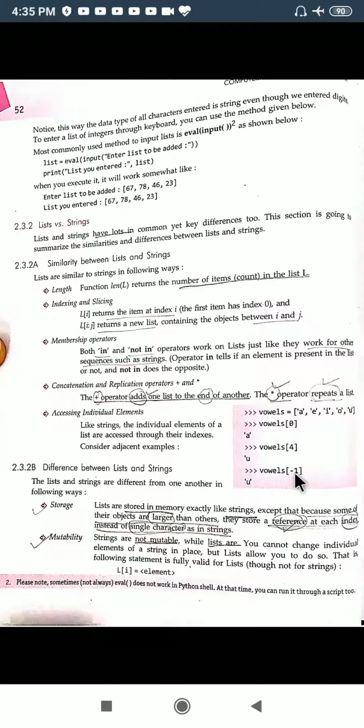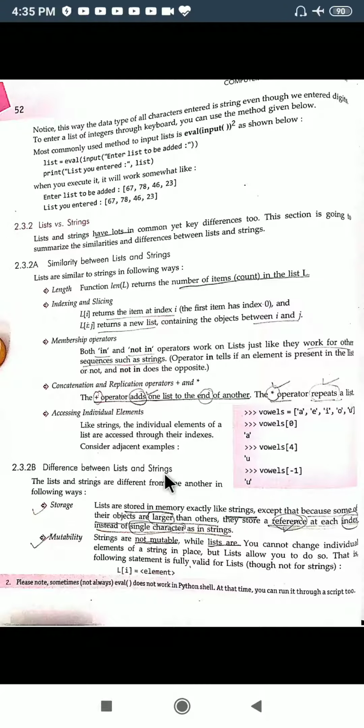Minus 1 is the backward index. Minus 1 will be U, then minus 2, minus 3, minus 4, minus 5. So we can refer to the string or list in the forward direction, or in the backward direction also.